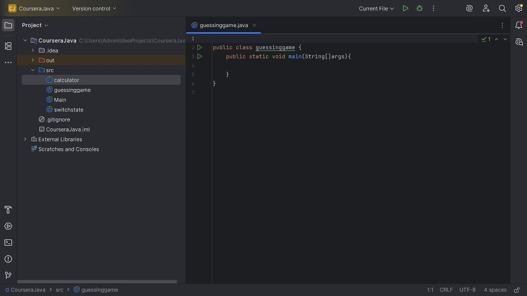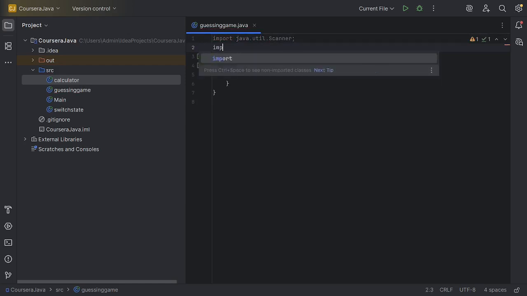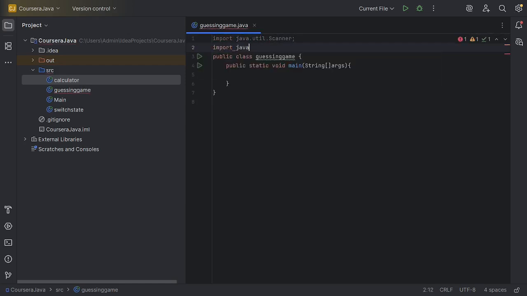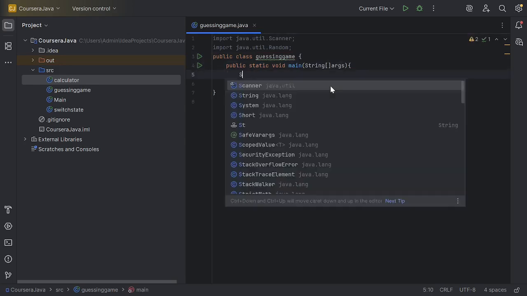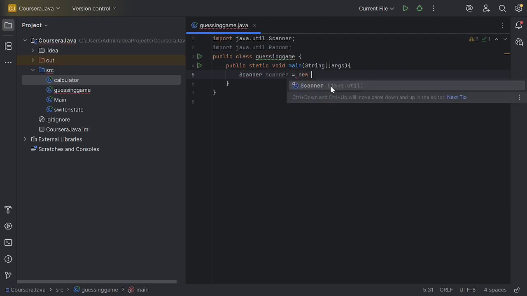So for this, I'm going to be using Scanner to get user input and Random for the random number itself. We import Scanner and we import Random. Then we gotta initiate it, so it's gonna be Scanner. We'll call this scan, and then it's gonna be new Scanner